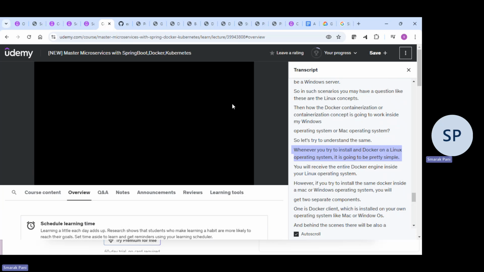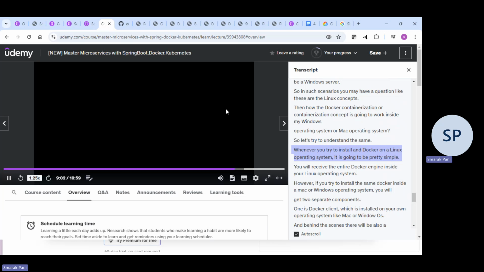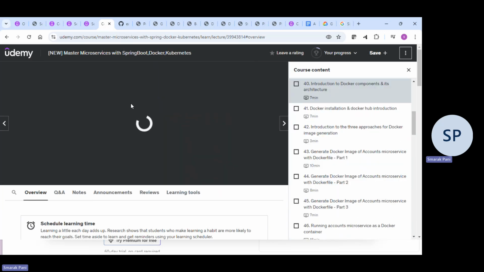Whenever you try to install Docker on a Linux operating system, it is